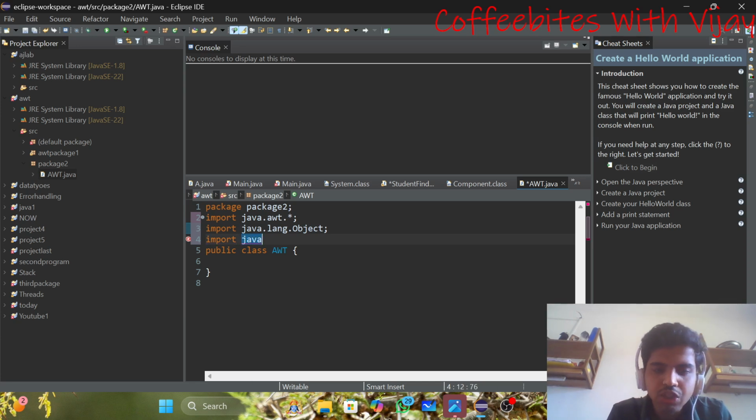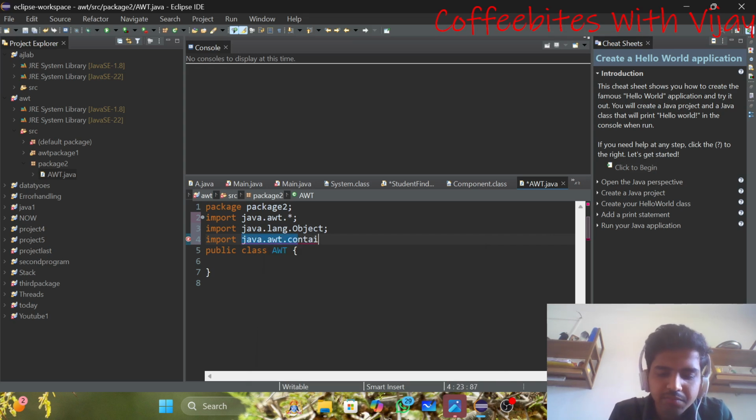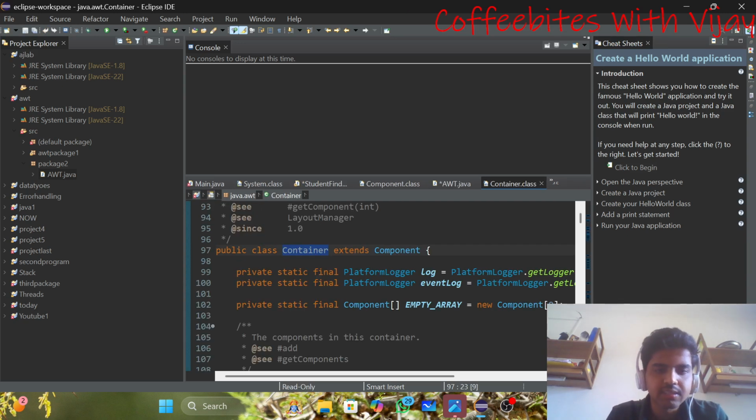Import java.awt.Container, and again this C should be caps. Guys, this is the child class which inherits all the properties of the Object class. Let's click on this. Guys, this is the Container class.